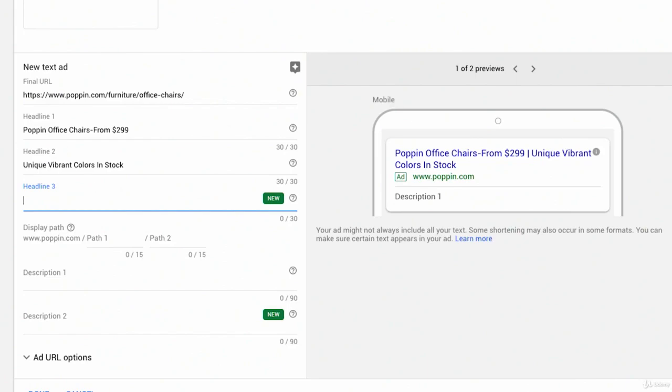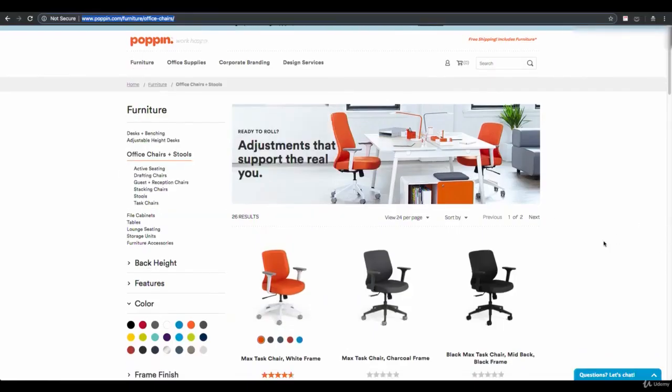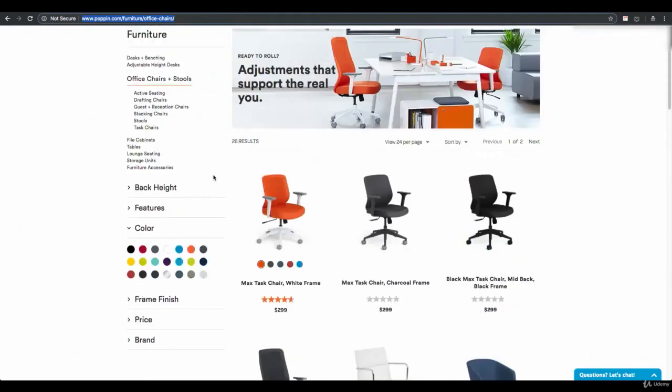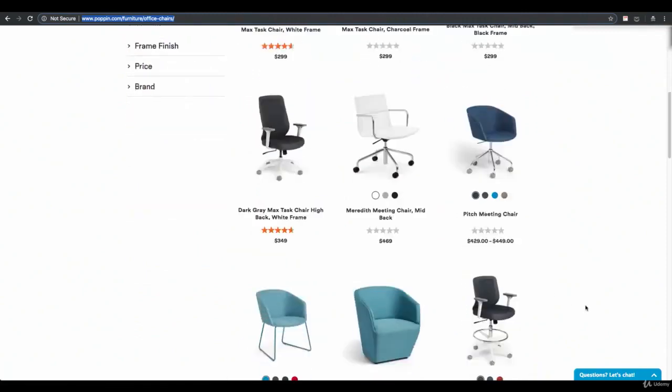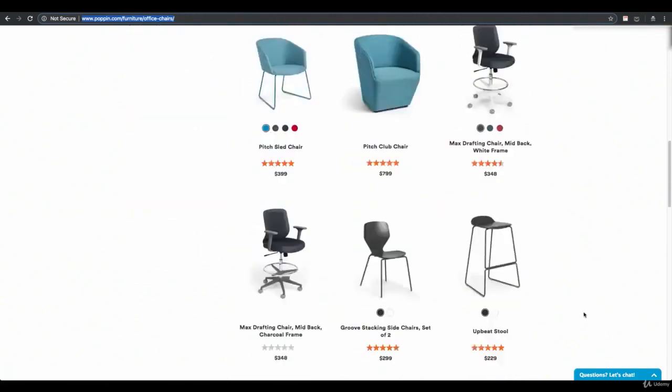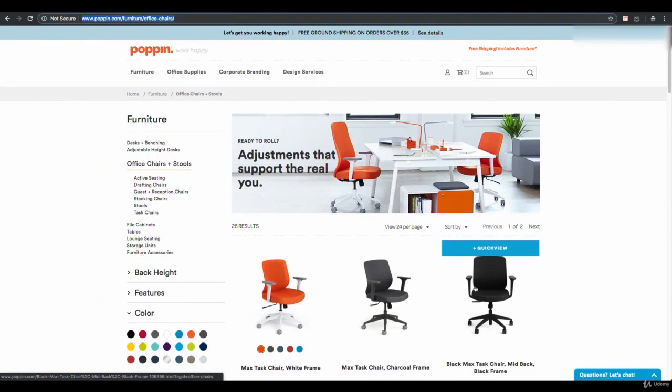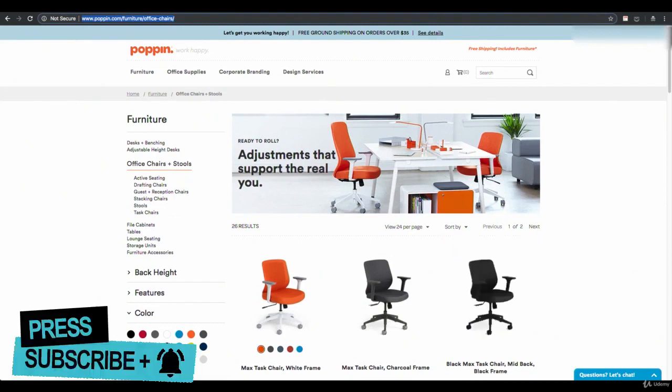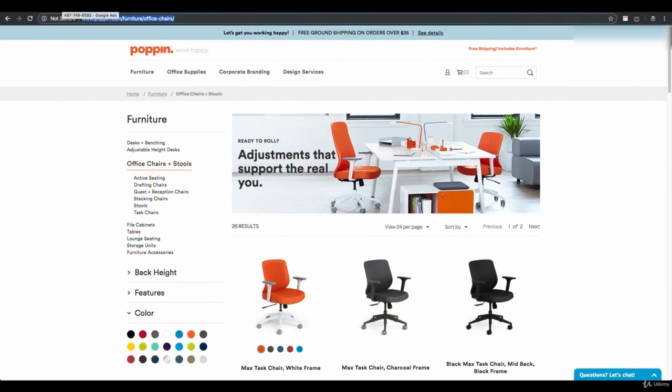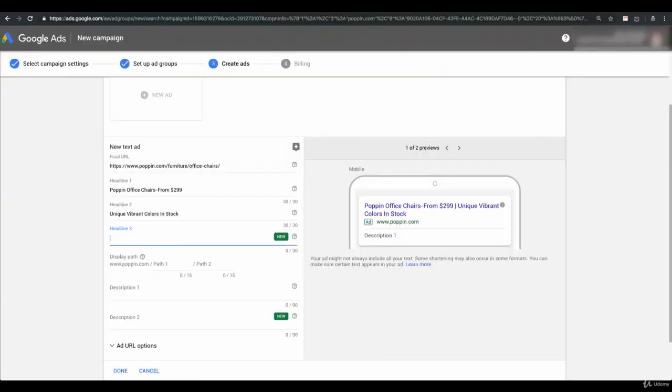So let me jump back into the website and see if I could figure out anything that I would want to put off the bat that sort of makes them stand out. I see that they have a wide range of styles on their site, and I think a lot of other companies will sell a very specific style. They have these rolling chairs, they have fabric chairs, they have all different sorts of seating, and we're talking again about generic searches. We want to try to cover all our bases. If this was the ad group that spoke about rolling chairs, then we would specifically talk about the features of our rolling chairs. So maybe we'll say